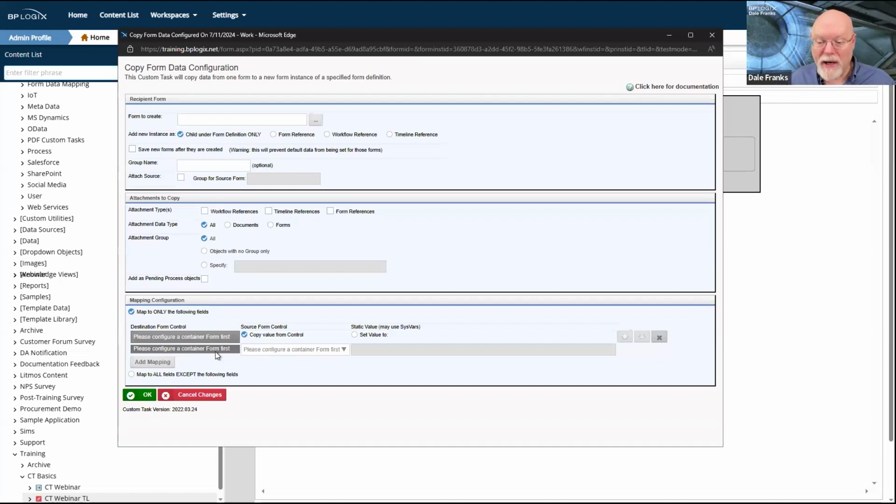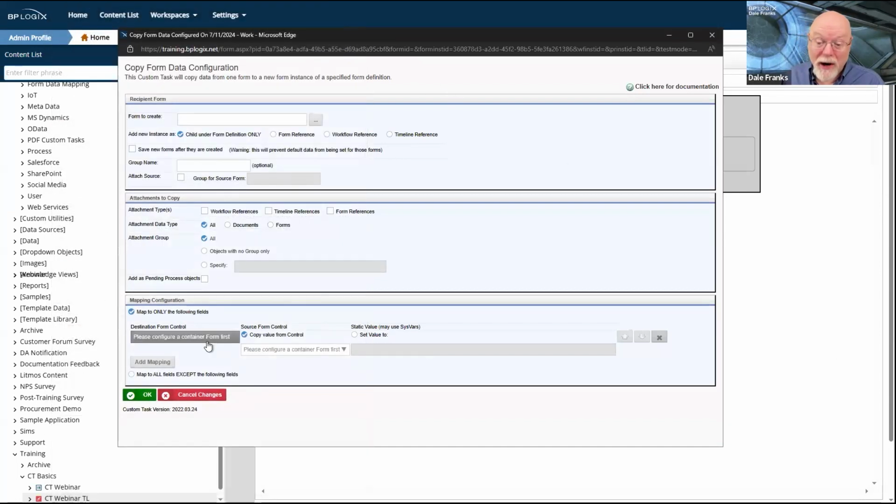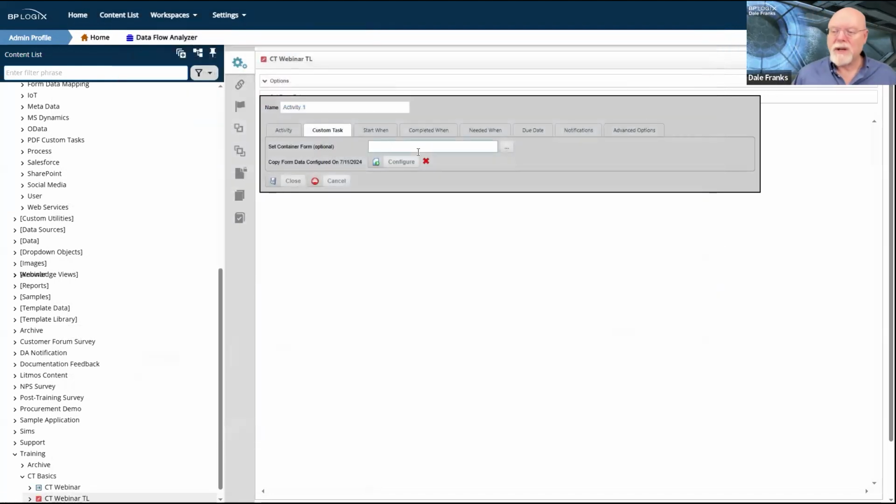If I don't know what my container form is, I don't know what my source form is. I don't know what my source form fields are. So I've got to set a container form. In this case, I don't even know what my destination fields are because I don't have the form to create set there. So it doesn't know what either of these two things are, but that's what the set container form does whenever you're in a custom task. That's why it appears there and why it doesn't appear in a form, because of the way the form works.